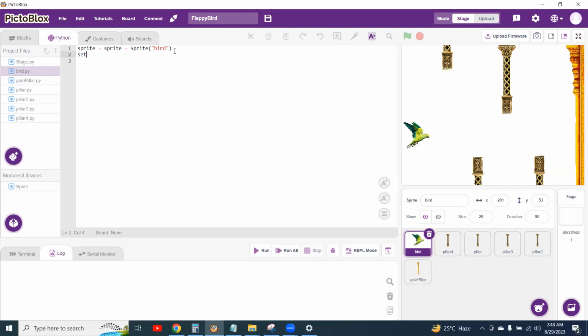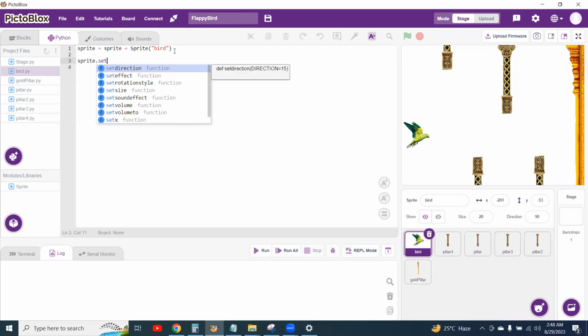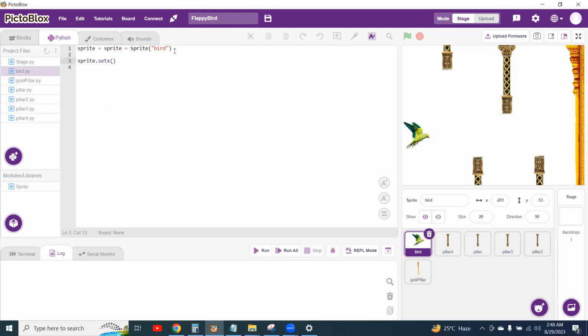So I can make it rigid by ensuring that sprite dot set x. I don't want to use go to. I can equally use go to, and it will be. So I want to set my x value to be minus 200. Not bad. And sprite dot set y value minus 53. Not bad. Okay. Now